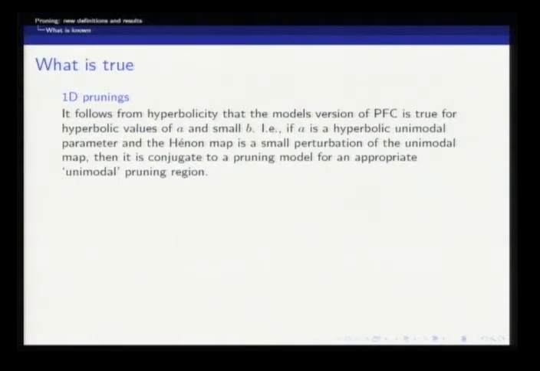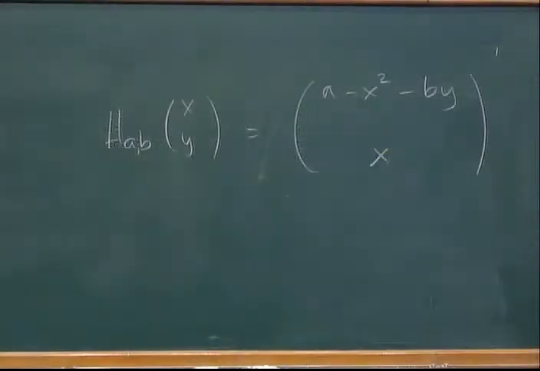So that is nice, but it's well known that it is very much untrue elsewhere. There are lots of parameters in the unimodal family which are very interesting and not hyperbolic, and there, for b different than 0, all hell breaks loose, and there are lots of things happening, and the bifurcations that you see in dimension 1 are very different from the ones you see in dimension 2, and blah, blah, blah. Okay, so this hyperbolic story is nice, but it's certainly not the case that it goes on for b very small for all parameters.